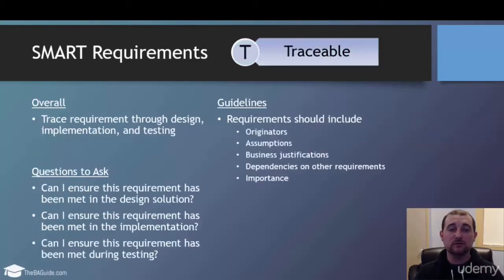So finally, moving into the T, this is traceable. You want to be able to trace the requirement through the design, implementation, and testing. Certain companies and organizations will do this more or less than other companies. Some organizations fully trace a requirement and they're very, very stringent about it. They need to know requirement